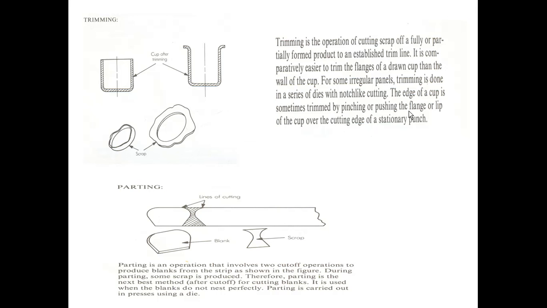Trimming operation. So you can observe here the trimming. Trimming is the operation of cutting scrap of a fully or partially formed product to an established trim line. Now you can observe from this figure. So actually the component is manufactured, and trimming is actually the secondary operation. Now you can observe here the trimming